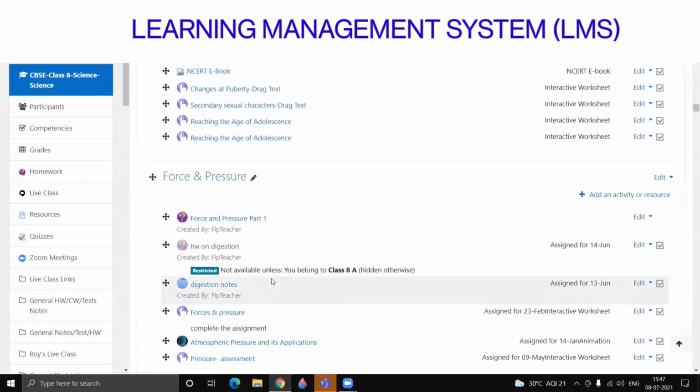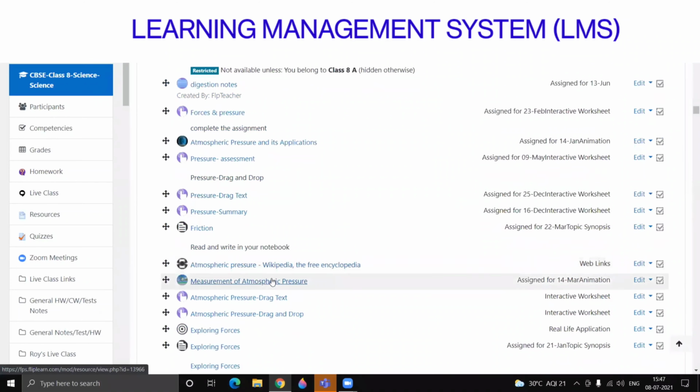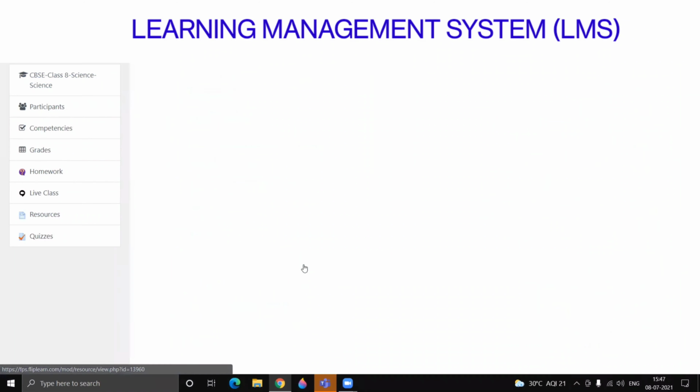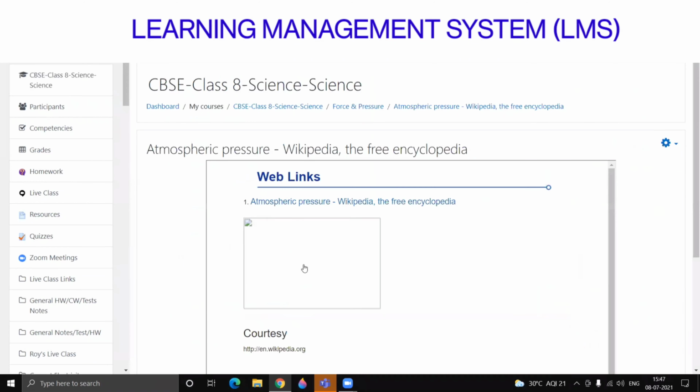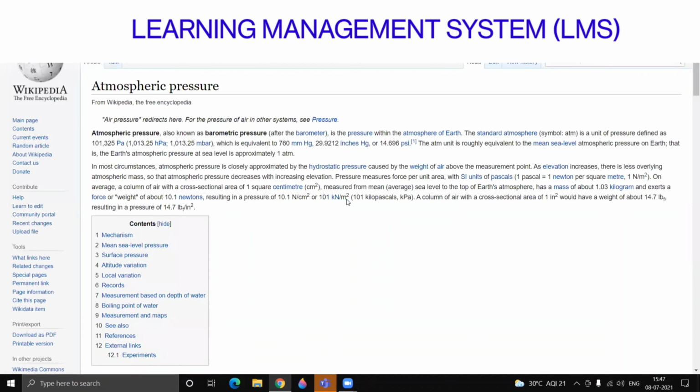That also has different topics, and you can see here there is a web link. Wherever there's a web link, you can access it. If you browse for content on the internet by entering a keyword, you get a list of repositories, but getting relevant class content is not easy. So what we have done is preloaded content from the internet according to the class and subject, so that the teacher can use this as additional content.